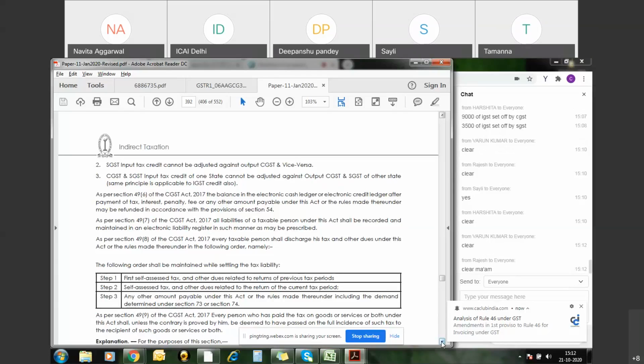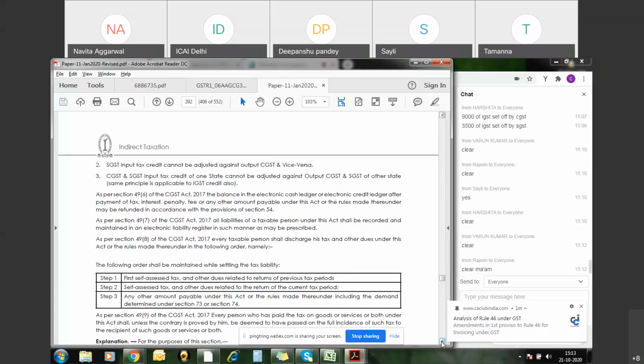Yes, this is how they are maintaining the liability in the electronic liability register, like books or accounts are maintained. Whenever there is an outward supply, the entry is entered into that, and this is how we maintain the entry. Subsection 8 of section 49: of course, we are filing the GSTR-1 outward supply return. So we make a record of that, and whatever liability arises is credited or reflected into this liability ledger, the electronic liability ledger under the GST Act.